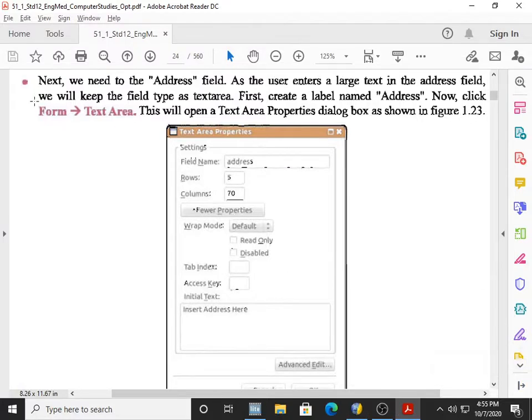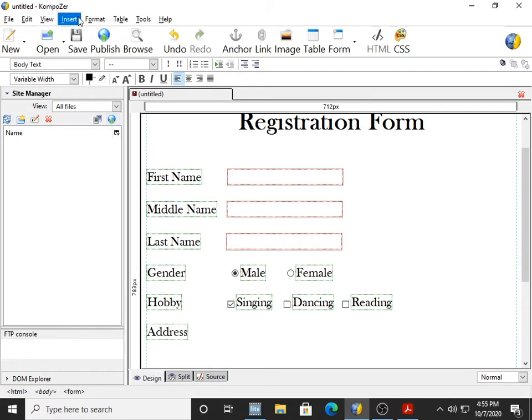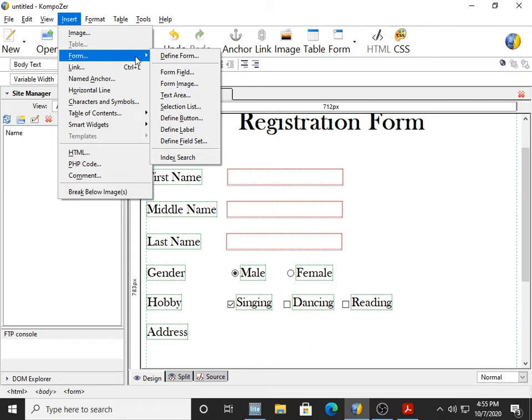Now click on, please underline form and text area. This will open the text area properties dialog box as shown in figure 1.23. Remember, the menu sequence changes: form and text area. Till now what we were doing was insert form, either form field or define label, but now things are changed.